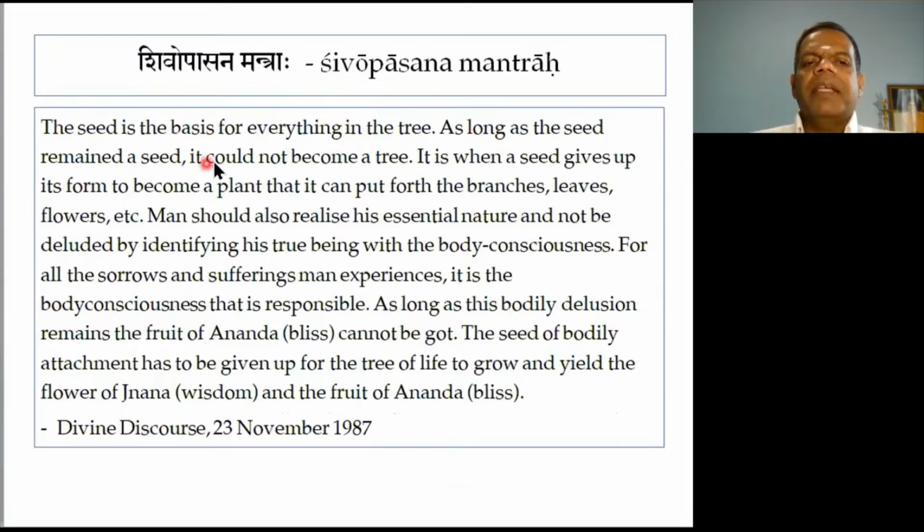The seed is the basis for everything in the tree. As long as the seed remained a seed, it could not become a tree. It is when a seed gives up its form to become a plant that it can put forth the branches,